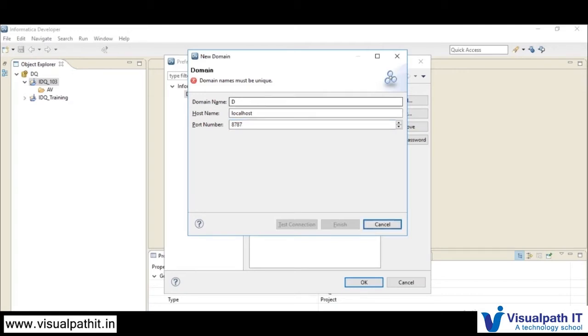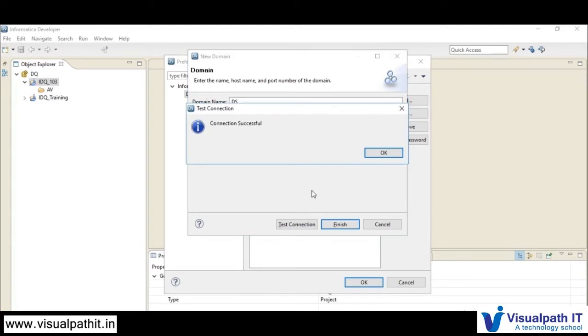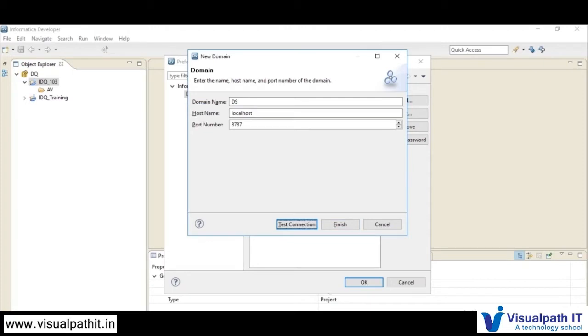And once you have done that, let's say I have provided some wrong domain name and I am trying to test the connection. It will check whether that domain is available under this localhost 8787 port or not.